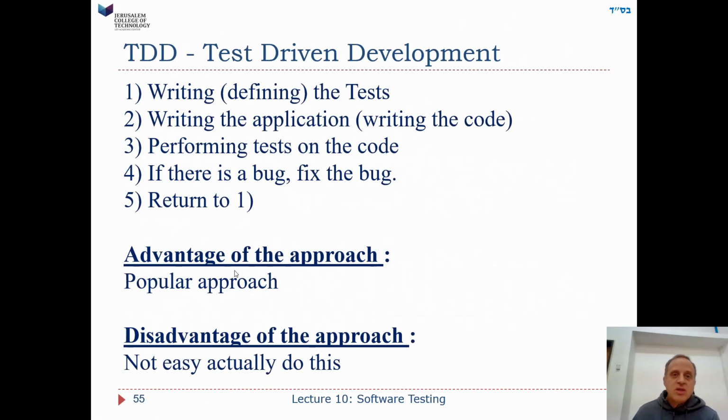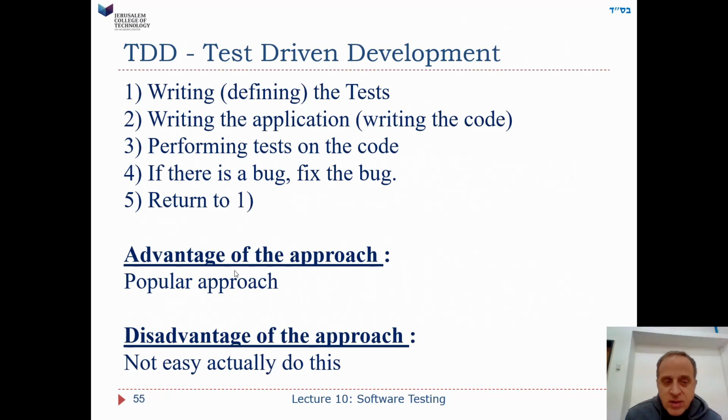Okay. So then there's something called TDD, test-driven development, which you may have seen if you learned about extreme programming. The idea of test-driven development is that you write the tests ahead of time, then you write the application, then you perform the tests on the code. If there's a bug, you fix the bug, and you return to writing a new test. Or actually,